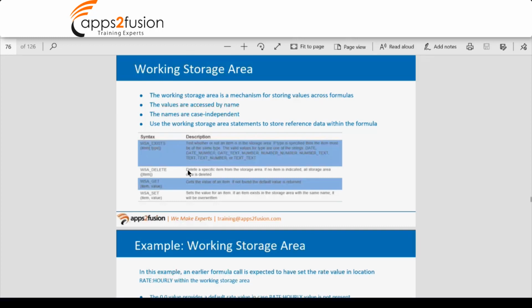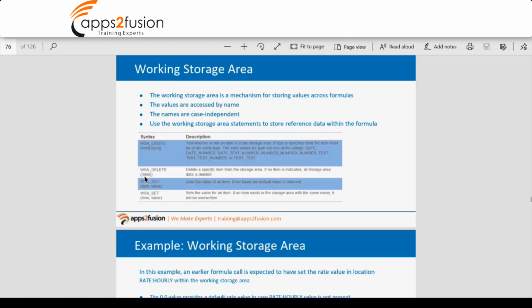For example, if you want to pass salary information to another fast formula, you need to declare the salary as an item and give a name to that item, so that using that item you can use that value across different fast formulas. The item name that you give is case independent, and you use the working storage area statement to store the reference data within the fast formulas.